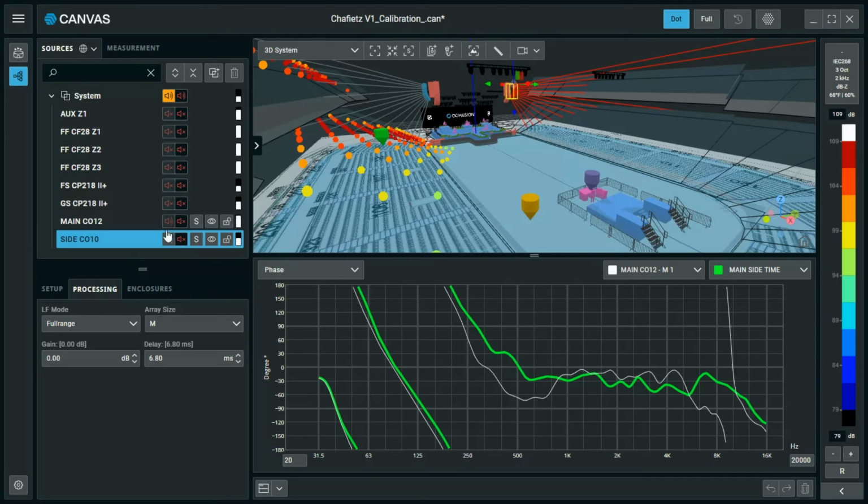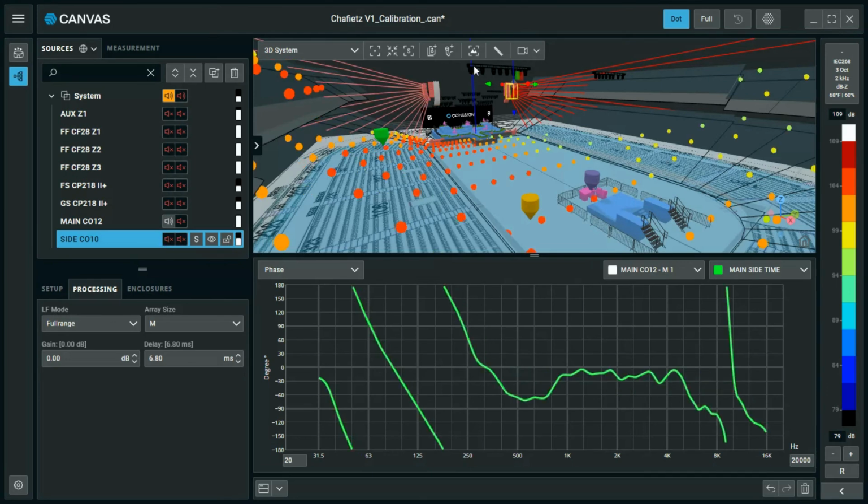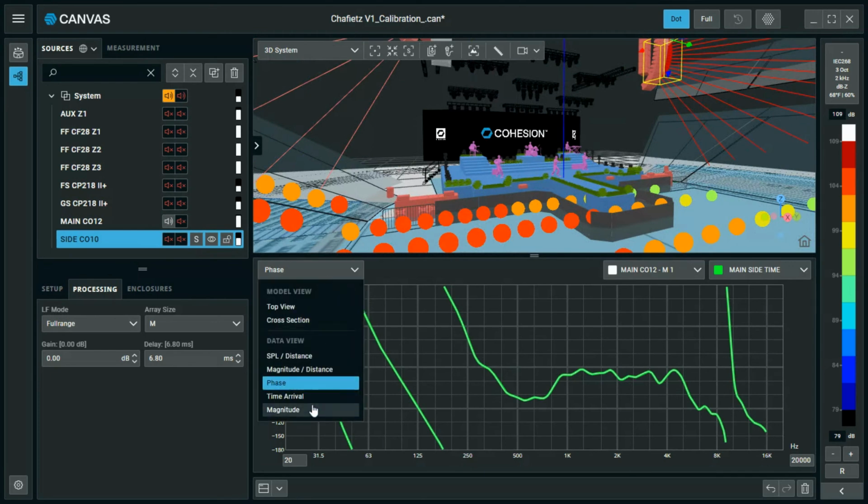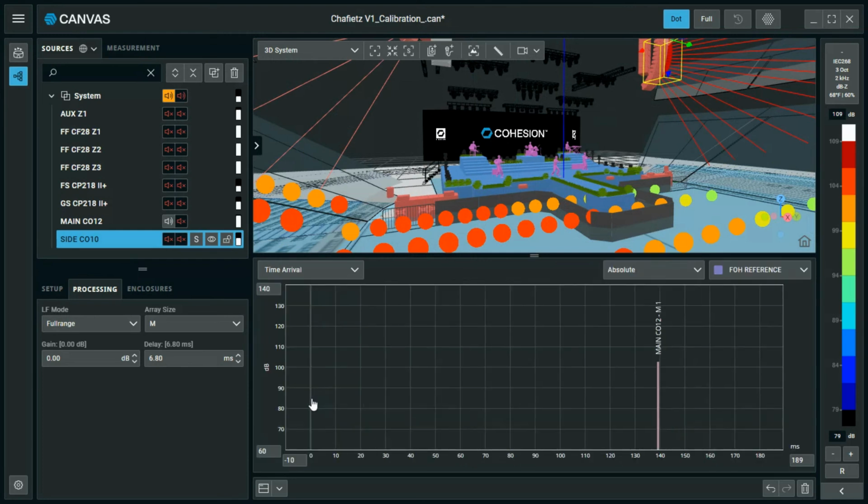When working with a distributed fill deployment, we typically recommend an impulse response alignment. Now I will change my phase response data view to a time arrival data view, which is a simplified impulse response view of the system that shows only the direct arrival at the selected measurement location for all active clusters. In this data view, the x-axis is the time domain and the y-axis is the level of each discrete arrival